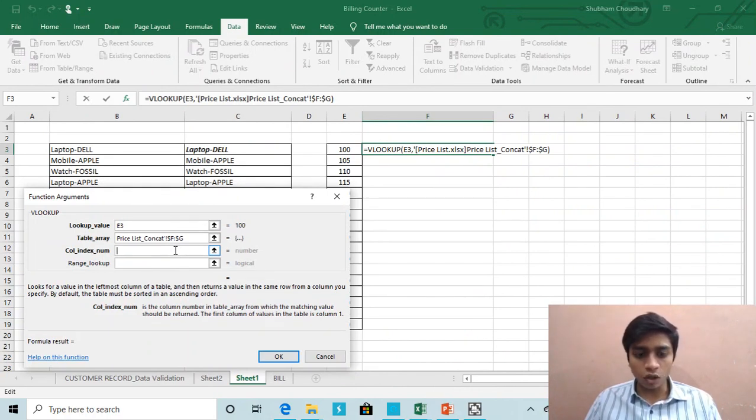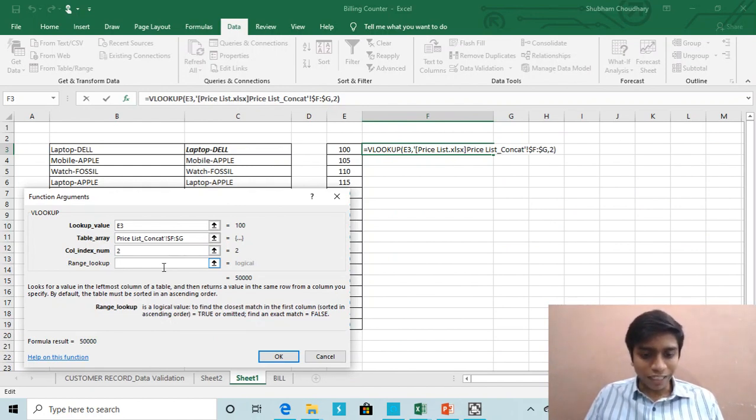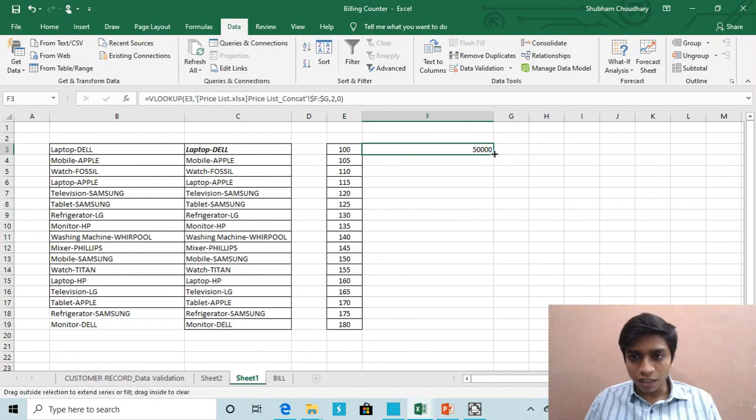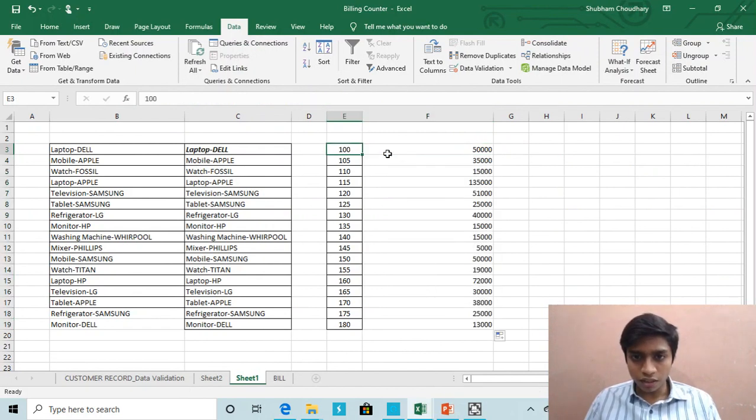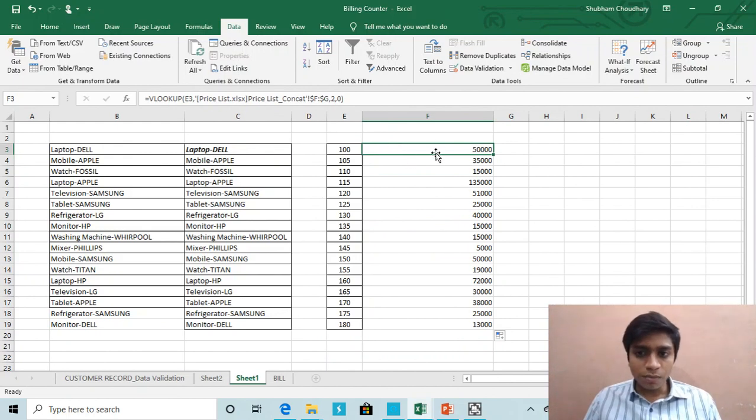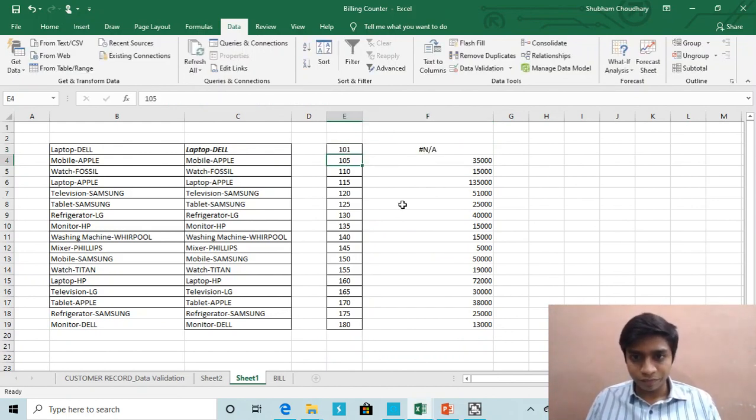It is in the second column, so I'll just write 2, and here I can either write 1 or 0. Let's see, if I write 0 means false as we did earlier, then it returns me this value. I'll just flash fill it now. As we can see, just because this is an exact match,